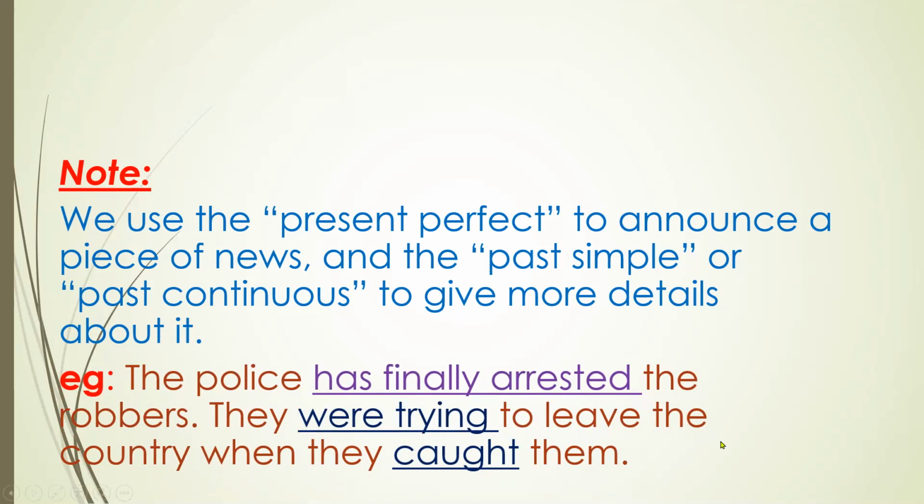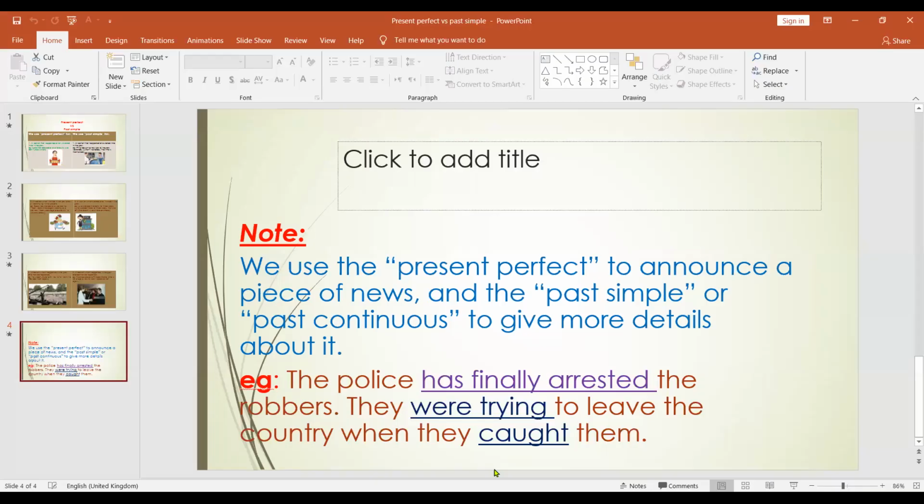They were trying to leave the country when they caught them. And this is the end of our presentation. It's very easy, but we need to do what? Okay, we need to practice. Let's practice some more. In your booklets,